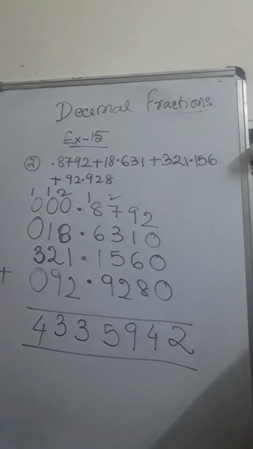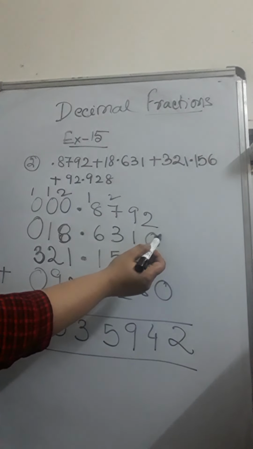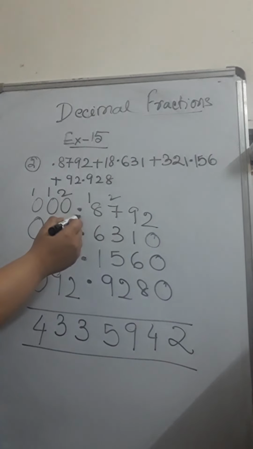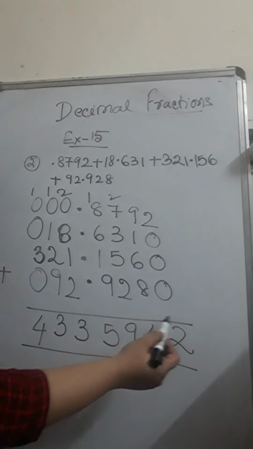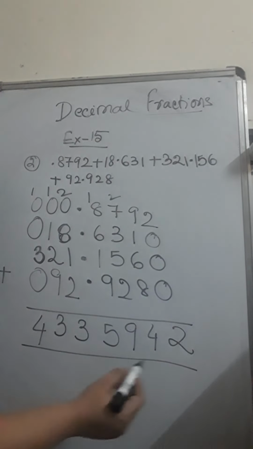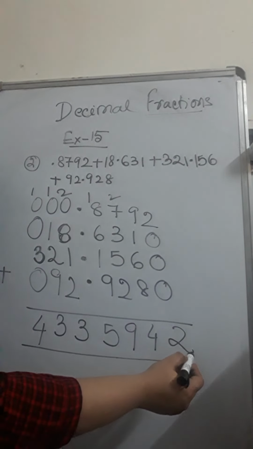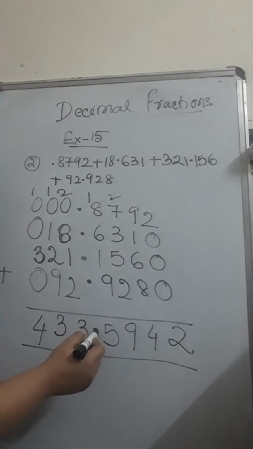Now we have to think about the point. So arrangement is very important for decimal numbers to get an accurate result. Otherwise you will be making mistakes. So check, before 4 numbers from the end, you will compare, before 4 numbers you have the point. So for each of the numbers that you have added, it looks as if before 4 numbers you have the point. So in the answer also, before 4 numbers from the end, you should have the point, and this is your answer.